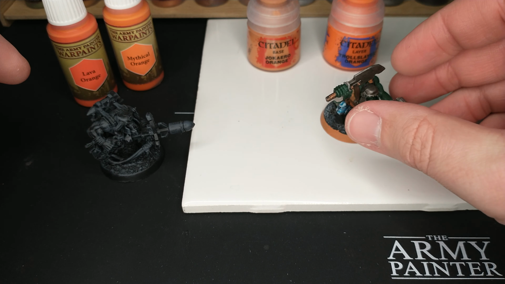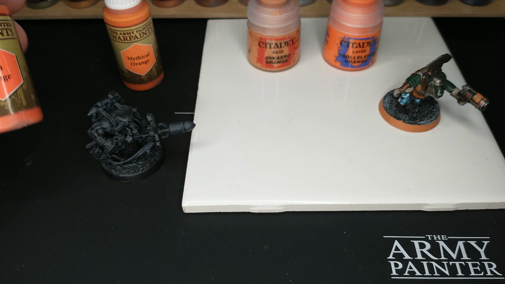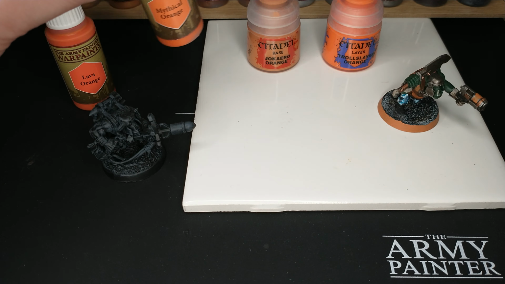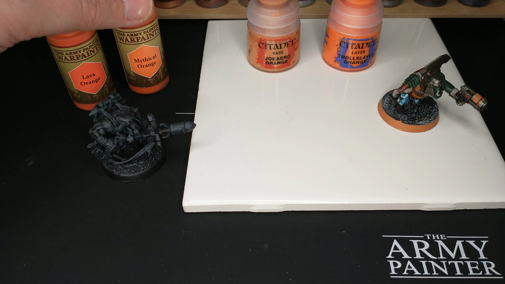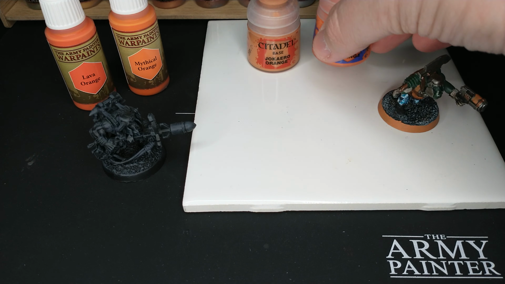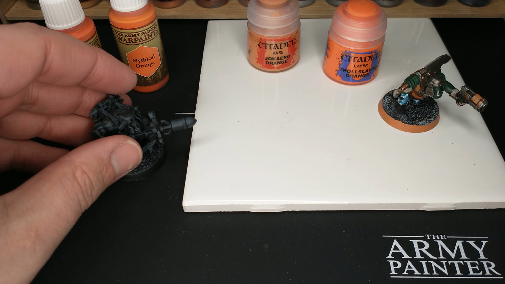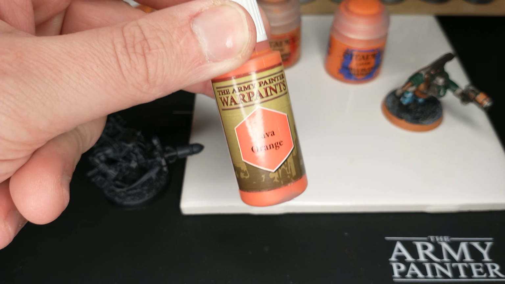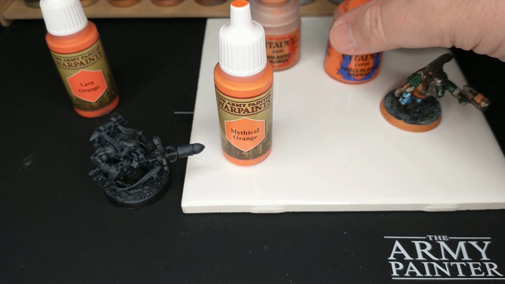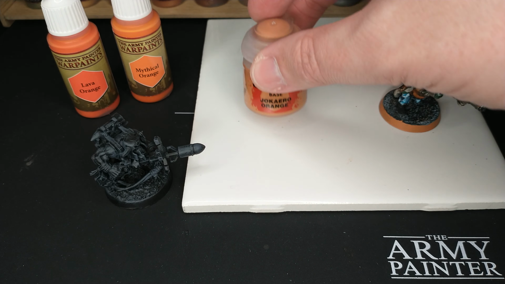The big problem is, that's a nice color of orange. It's okay. I really like a bright orange. I really like what this orange is going for. I really like this Citadel Troll Slayer orange. So I've got a couple of oranges from the Army Painter, a couple of oranges from Citadel here, and I want to show you what I'm running into, because I really want, maybe lava orange, but definitely I want mythical orange base rims. I want Troll Slayer orange base rims, and what I'm getting instead is Jokero orange base